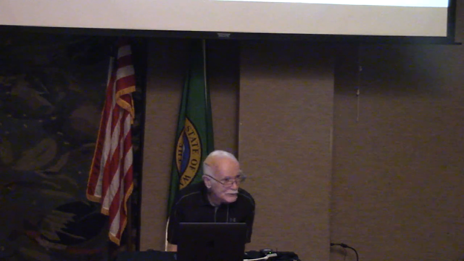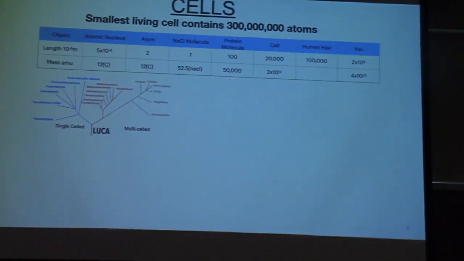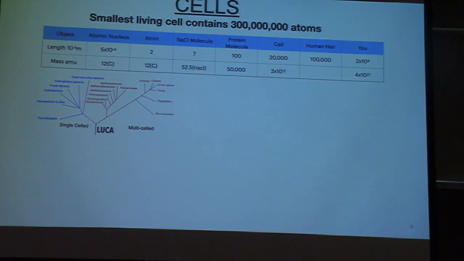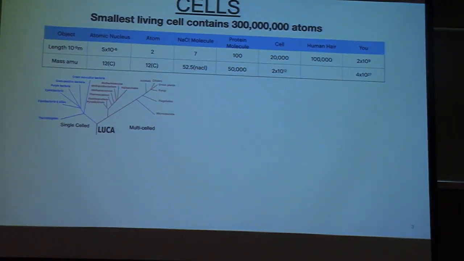An atom is about 2 of those nanometers. If you put together some of those atoms to make a molecule like sodium chloride, it's 7. A protein molecule, which are pretty large molecules, would be about 100 nanometers. A cell is typically dimensions of 20,000 nanometers. A human hair, the thickness of your hair, is about 100,000 nanometers. And you, as I said, are 2 billion of those